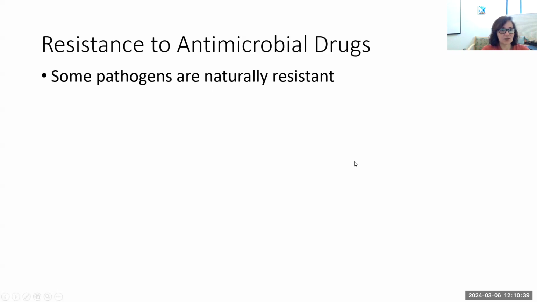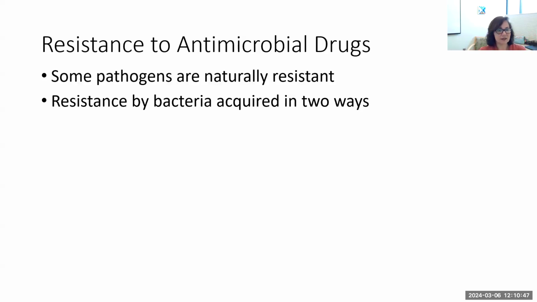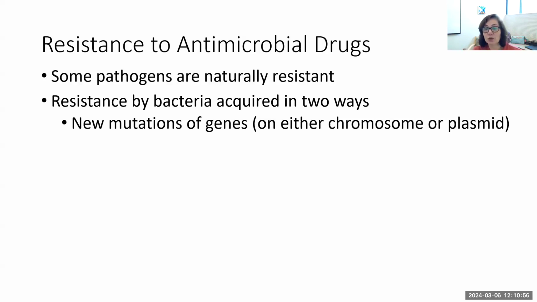Okay. So some pathogens, of course, are naturally resistant. They just have some ability to elude the drug. And then resistance can show up in a bacterial species in a couple of ways. One is, of course, by new mutations. Mistakes happen when the DNA is getting copied, and most of those mistakes get edited out and fixed. But some of the mutations stay for good, and usually they're damaging to the organism. But every now and then you get one that actually makes that individual better able to survive.